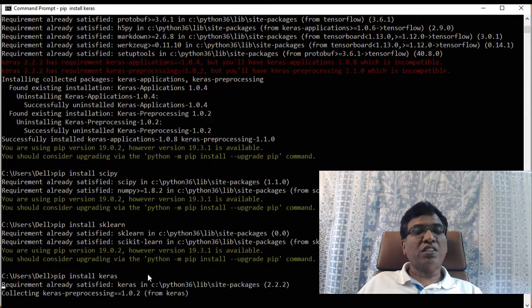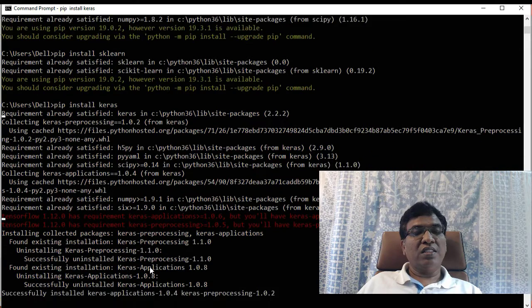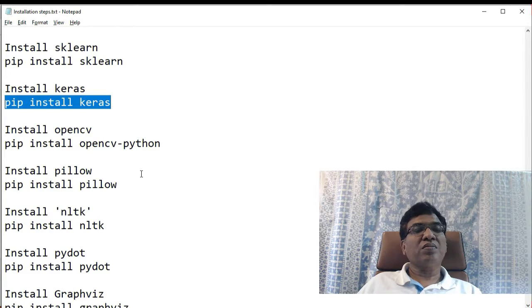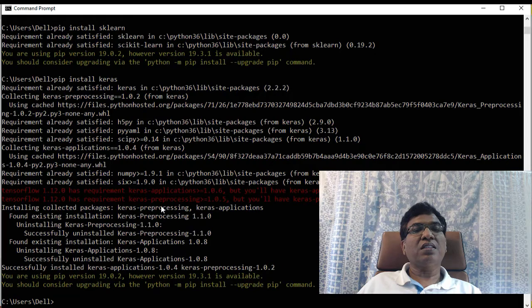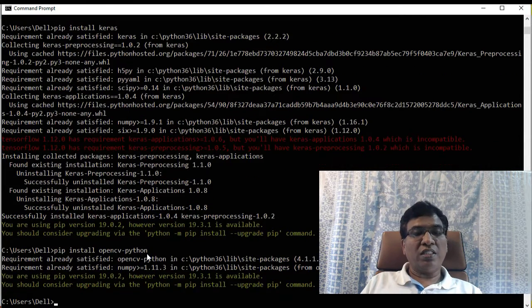Anyway, you can install it and keep it ready for all our exercises. Next is OpenCV Python. For image processing and computer vision related exercises, you need this OpenCV.